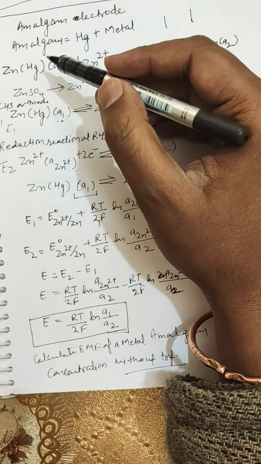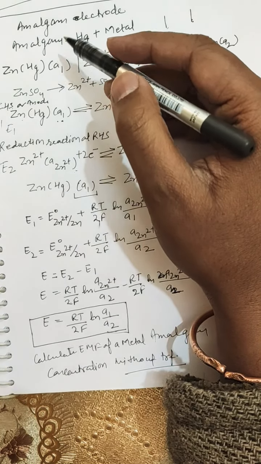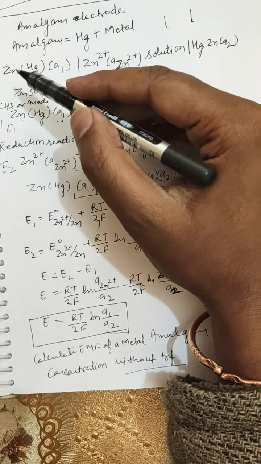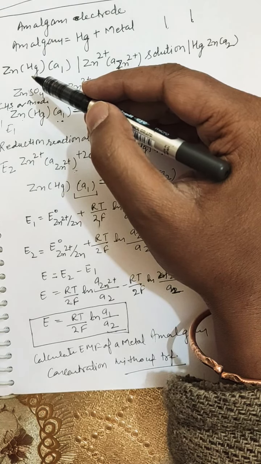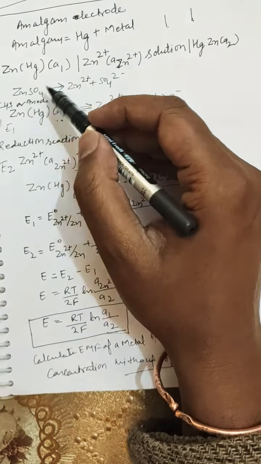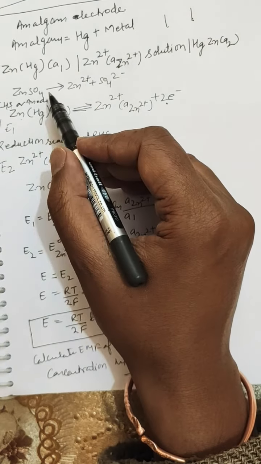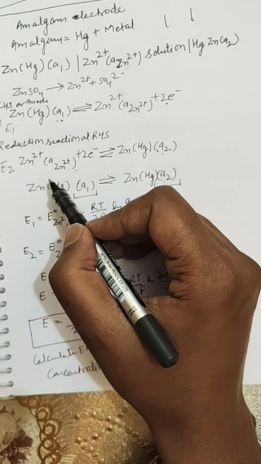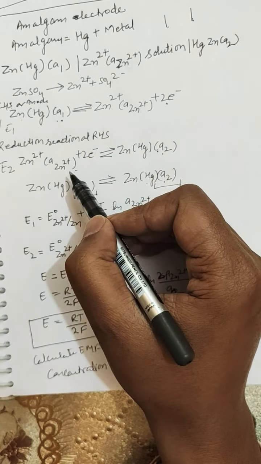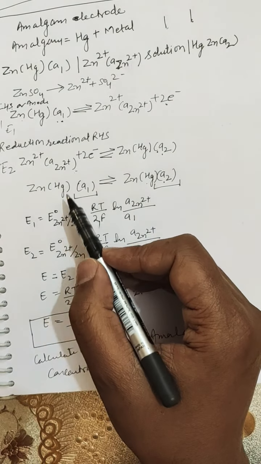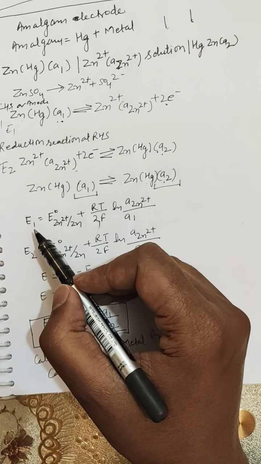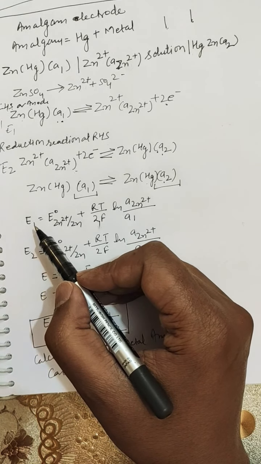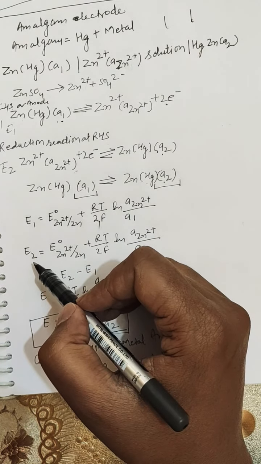proceed, you have to start from here. You can write, suppose the metal amalgam cell is a zinc amalgam cell in which zinc and mercury metal have been taken, and the cell reaction can be written as this. And after that you can write the oxidation half cell, the reduction half cell, and after that applying the Nernst equation to the above cell, first of all you will calculate E1 and E2, where E1 is for the anode and E2 is for the cathode.